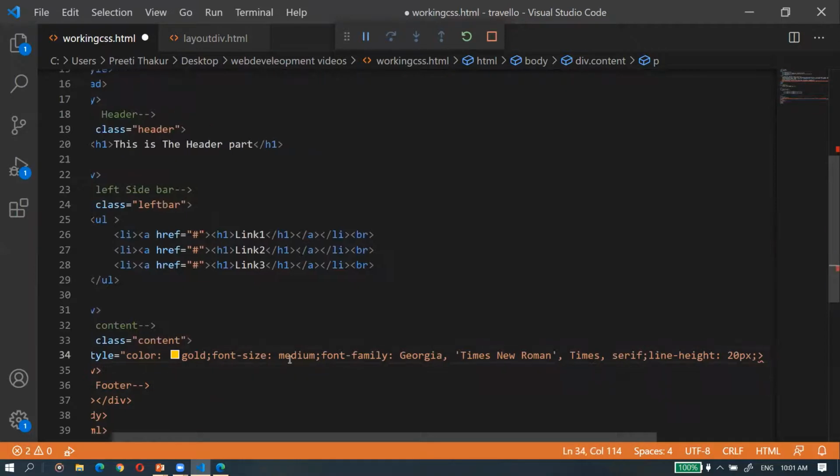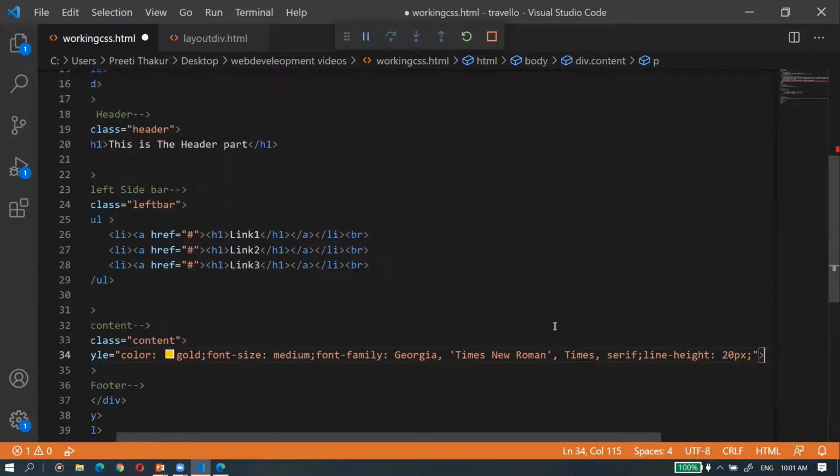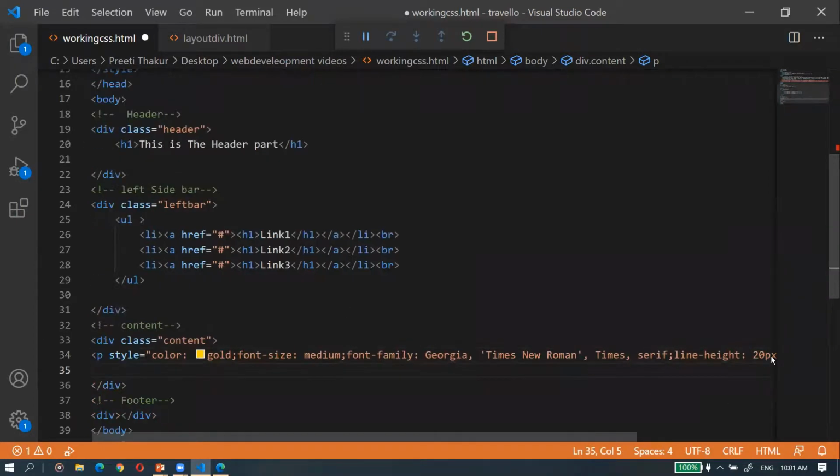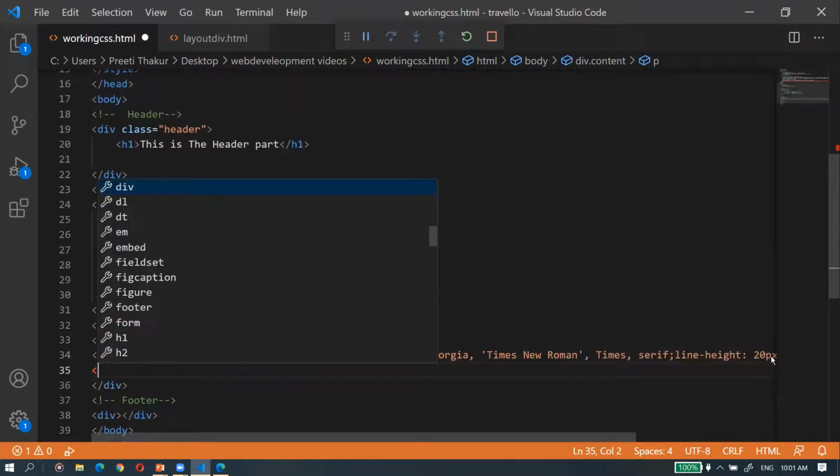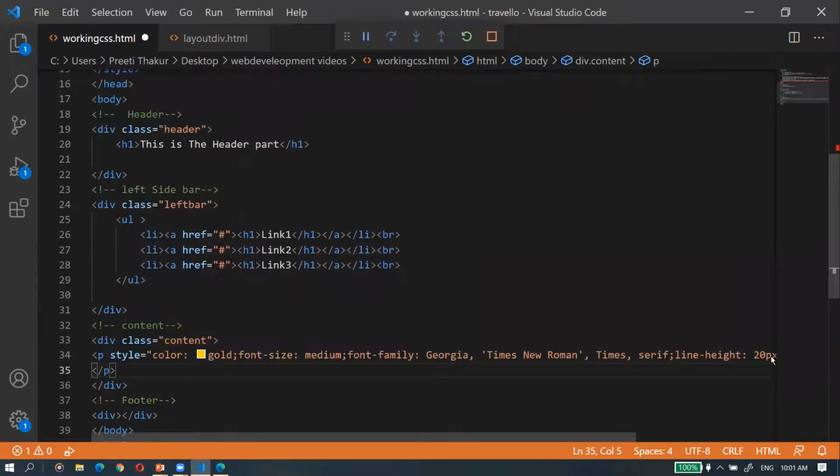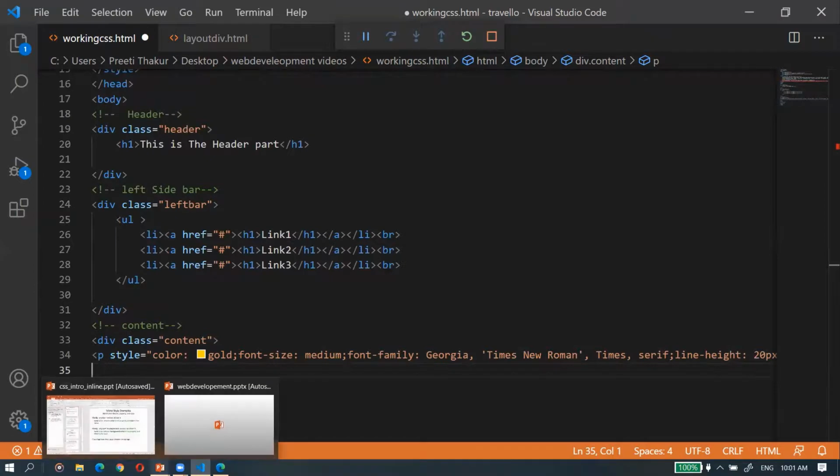Something went wrong. Okay, I have to give this also. Now, okay, under this p tag I'm writing some text over here, so I'm just copying and pasting from some other file. So let me do this.